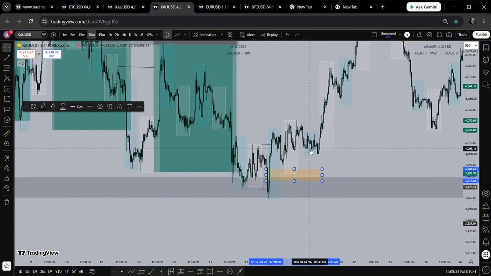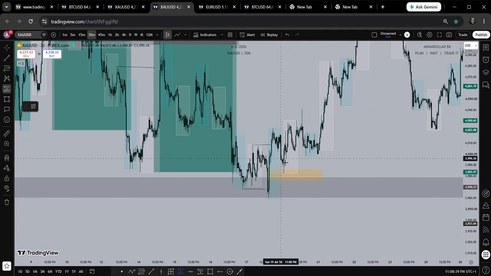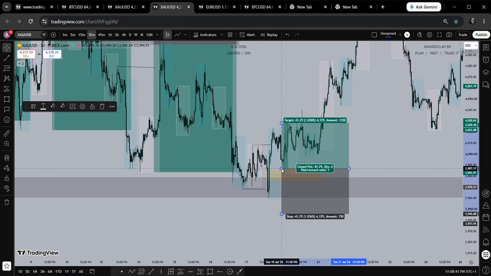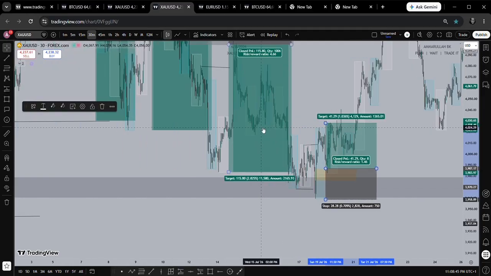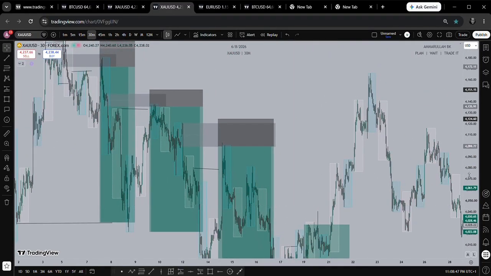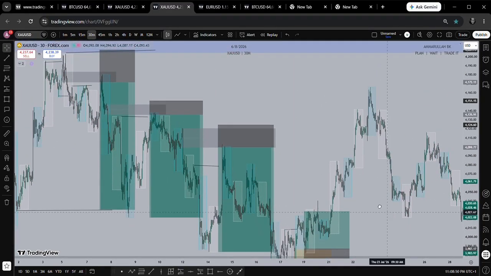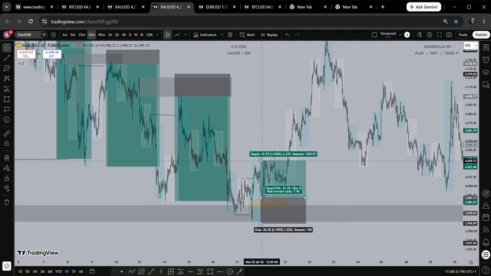After the sweep of inducement, it reached the inversion fair value gap. So that is how we got our next entry. For stop loss, it will be lower, below this protected low. And take profit, where are we taking our profit? We will be taking profit at this next